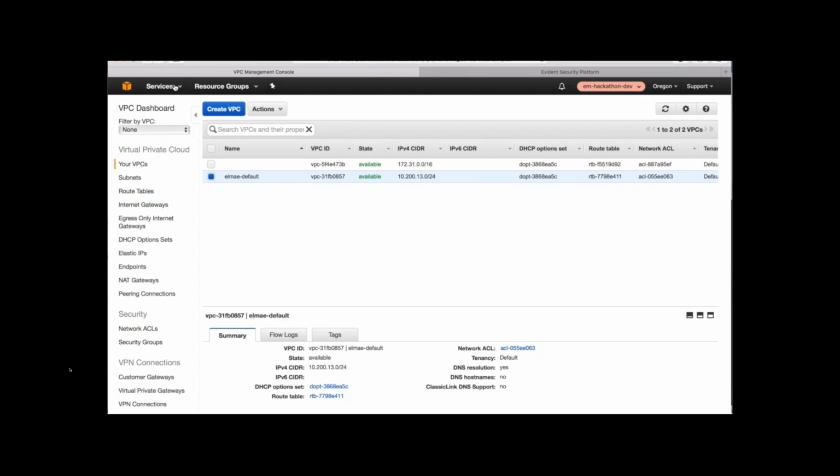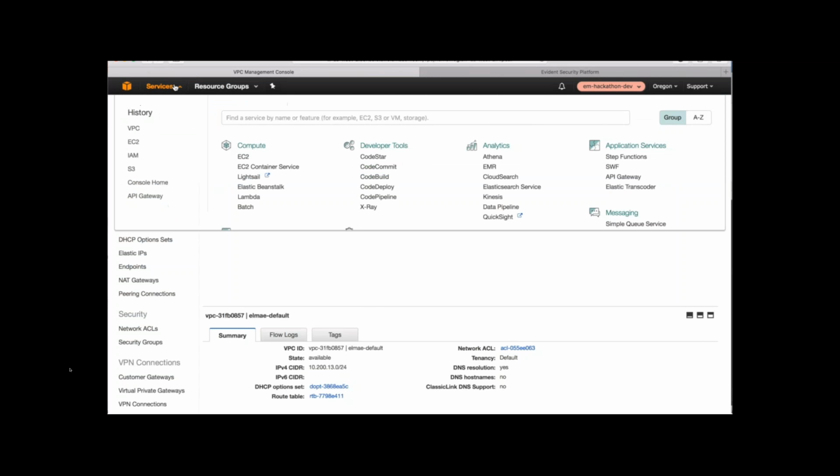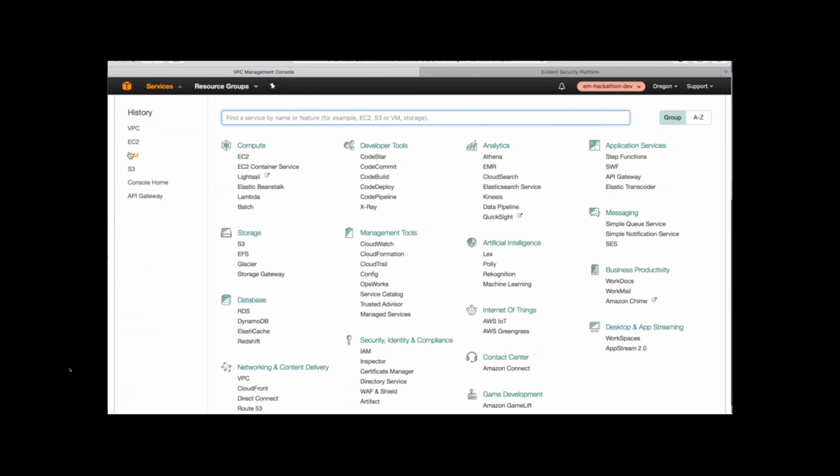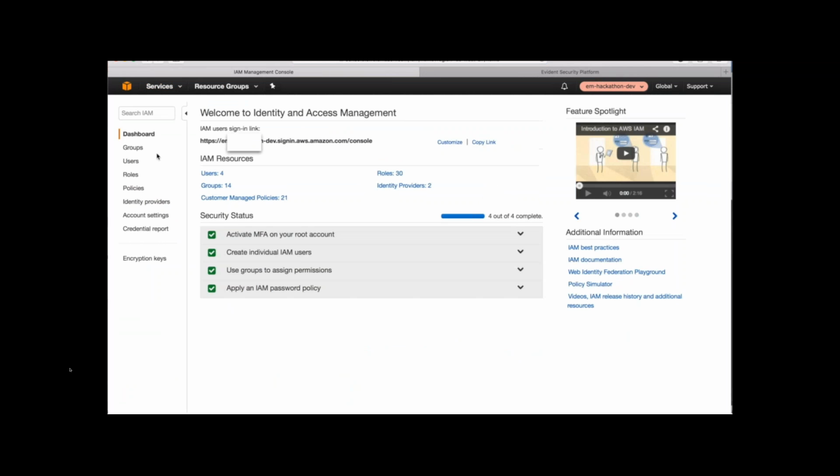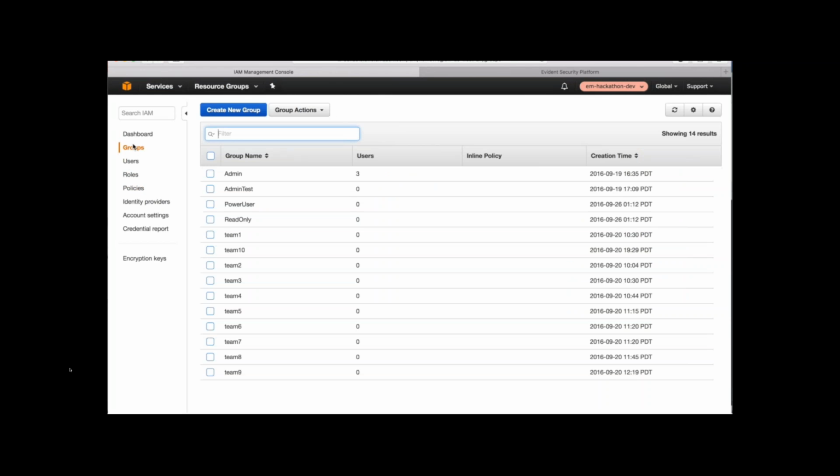It didn't delete right away because NAT gateways take a little bit more time to delete. But while we're waiting on that, we'll jump over and mess some other things up. We do some simple automations. The user sign-in link for users, we normalize all of those. Twenty people may be in one AWS account. If somebody goes in there and breaks the customized link, because we want them to have access to IAM, then of course